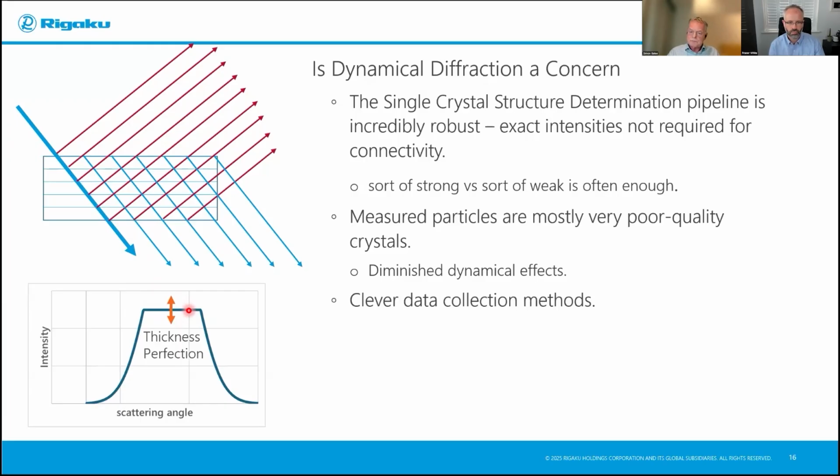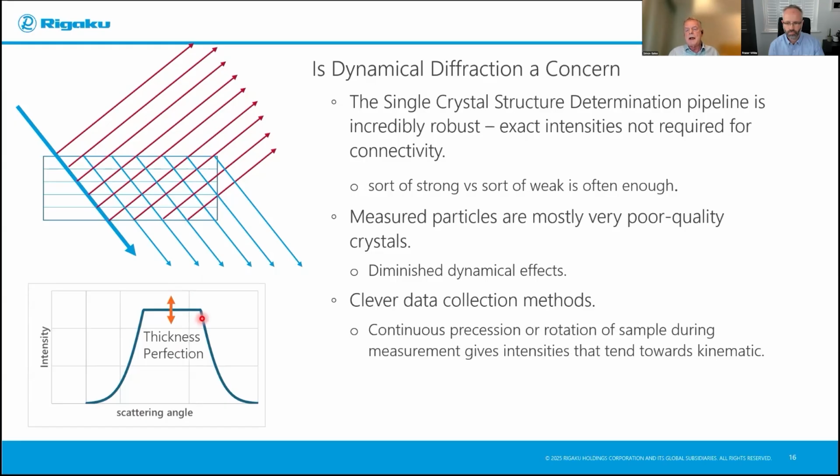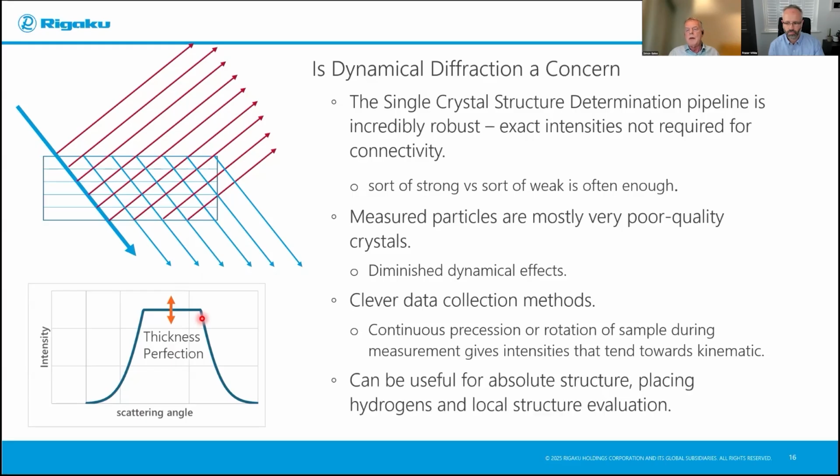So you can introduce very clever data collection methods like the rocking of the sample, that as you scan across the material itself, 99.9% of the time it's entirely kinematic diffraction. Rarely do you get, under these high diffraction conditions on zone axis, where you hit the dynamical peak. So again, because of the way we collect data, because we're looking at these small disordered materials, we rarely enter into strong dynamical effects. If they do occur and you need to do absolute structure determination, then we have the